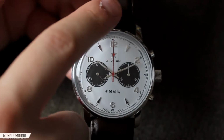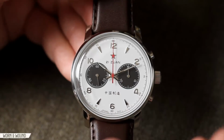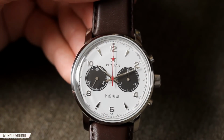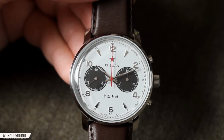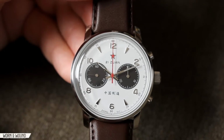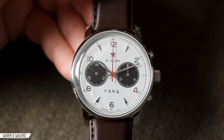So there's this very small index going around the very outer edge, and that's really a seconds index that you'd use for the chronograph when timing, though you could also refer to it for minutes. And then there's an index of applied silver markers here, showing the even hours and having triangles for the hours in between. I really like the use of the applied markers here. It's something I liked about the original as well. They just add some depth, some texture, and almost a sort of fancier element